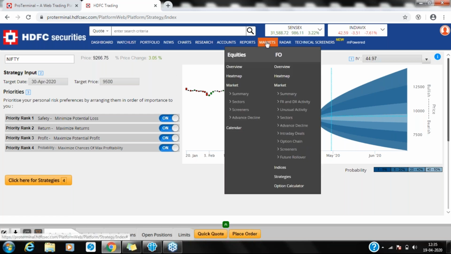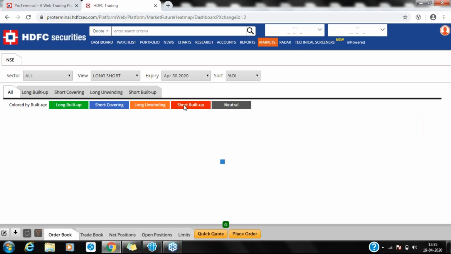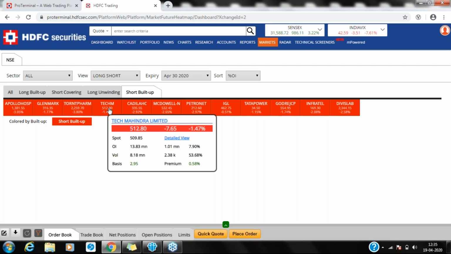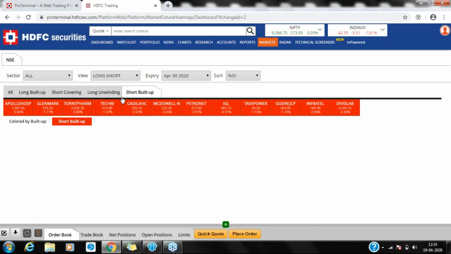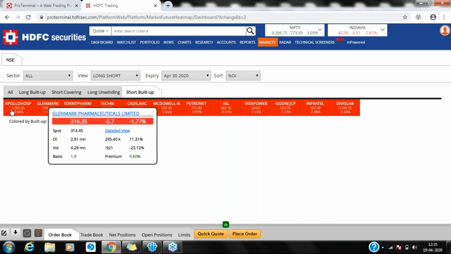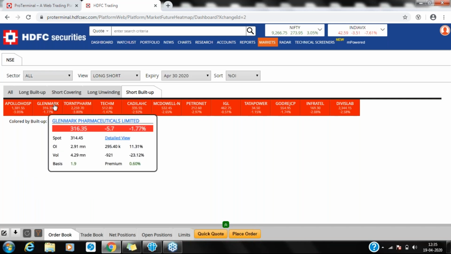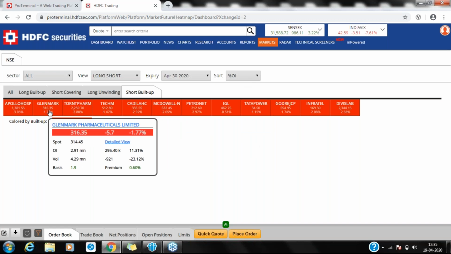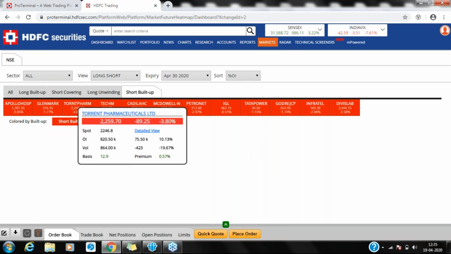Explain short covering. So Ramakrishna, short covering is again something we see in the heat map. Short covering refers to stocks which had a short build-up before, and now the people who are short in the position have started to square off their short position. They have started to either book the profit or start to make a new long position. So basically, short covering means the stocks which were earlier in a short build-up. Let's say Apollo Hospital right now is showing a short build-up, going down with a high open interest. If the stock starts to come up again from this level, it will come under short covering. So this is how short covering works.